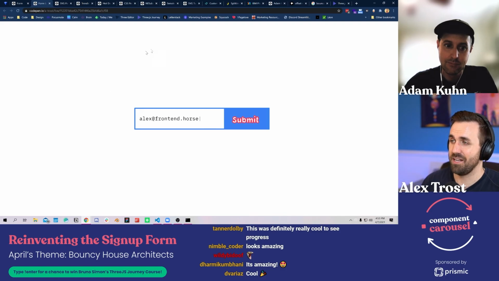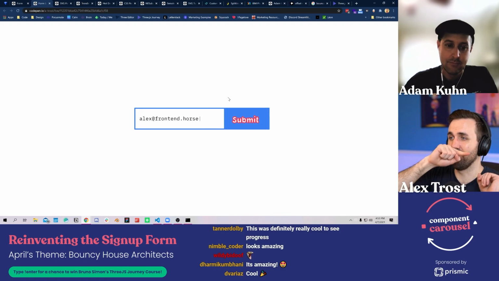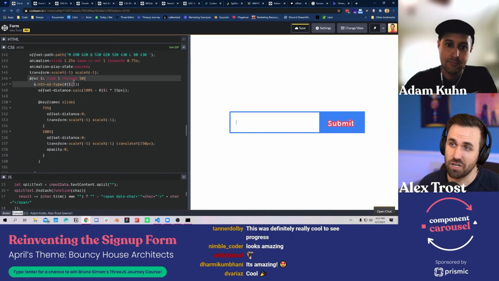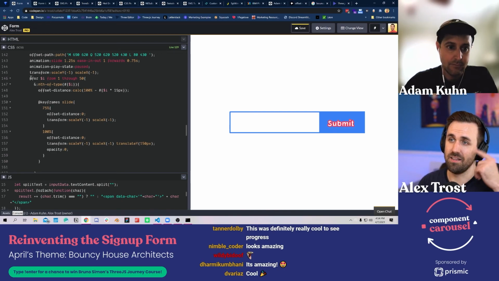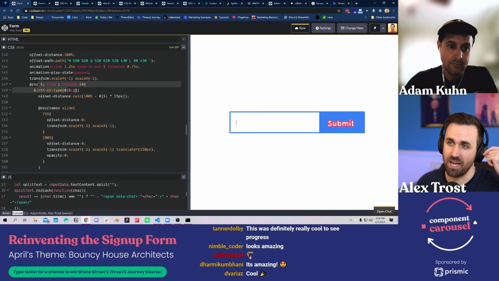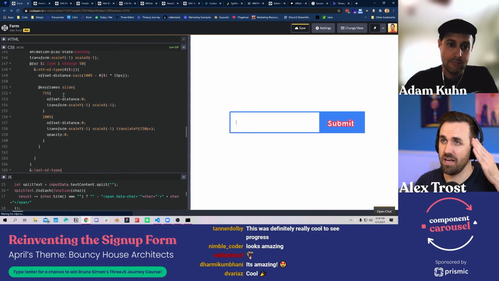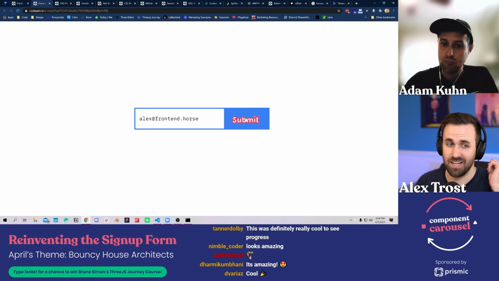So I'm going to hit submit. We're going to see everything morph, and those letters are going to go from having an offset path determined by their position within that div, because we're using nth-of-type. They each get like 15 pixels to themselves, and they're all going to suddenly slide off and go. So let's see it at work.